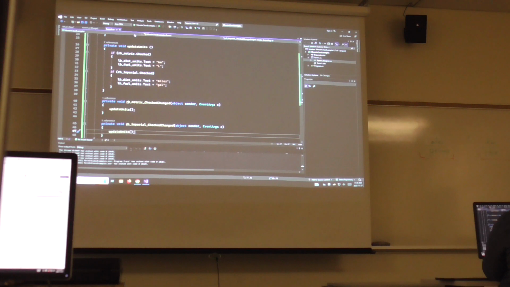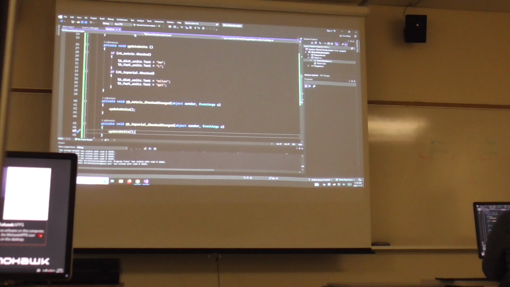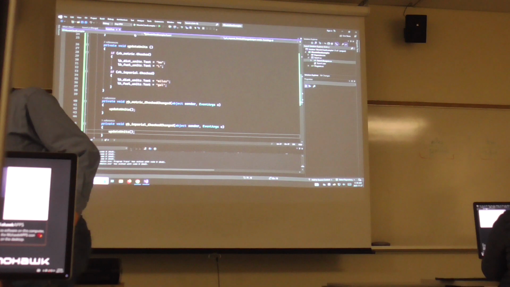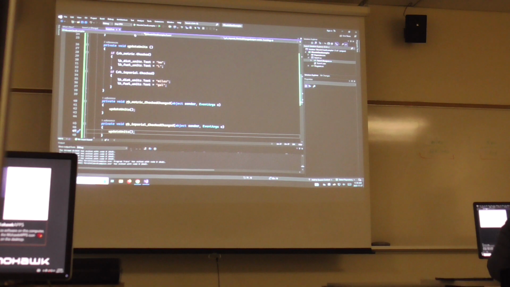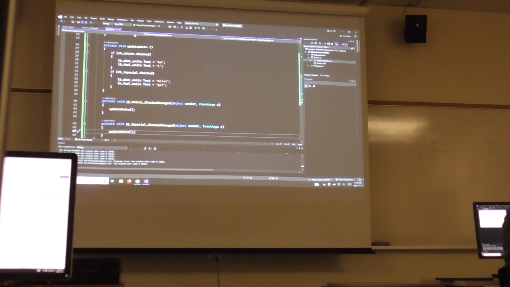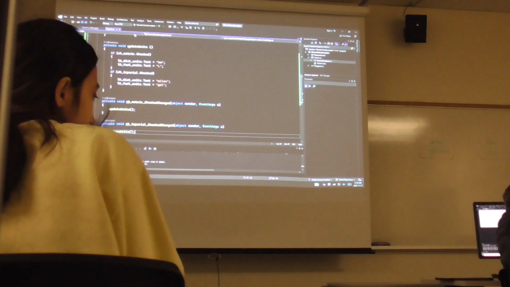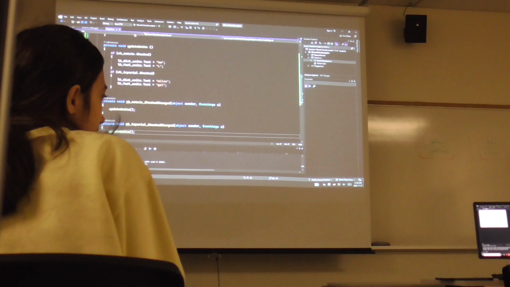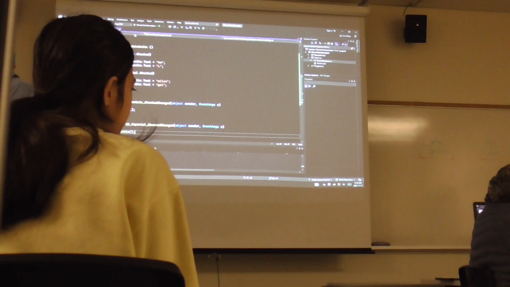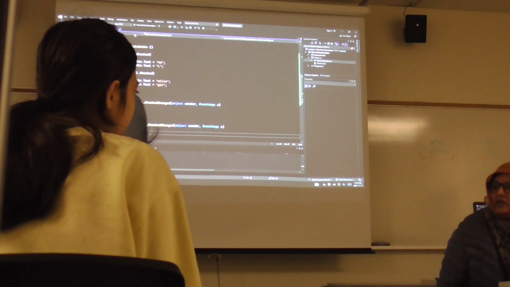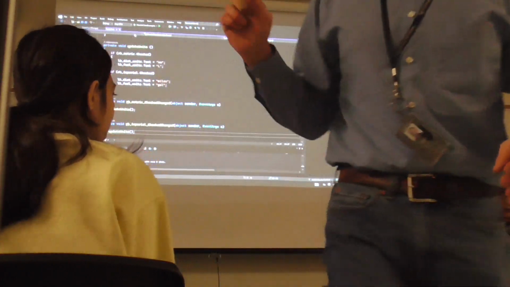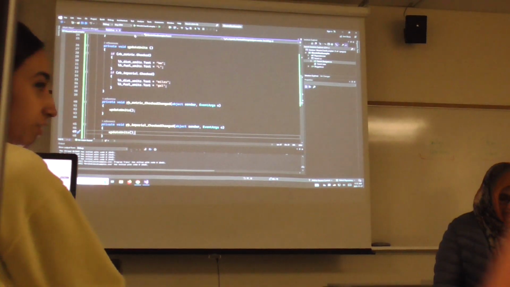Okay, I will try, and then the other one is, after calculating this one, then I start a new calculation with a number, then I want to delete the old result. How can I? Oh, you have to set a flag. Yeah, you have to set a flag. Set a flag which tells you that the last operation was